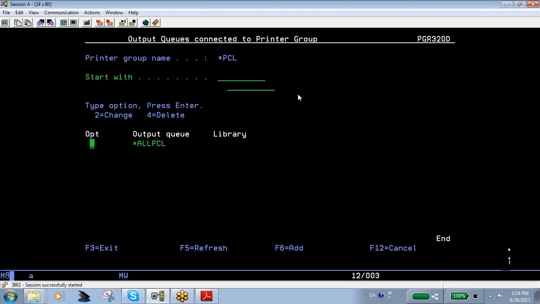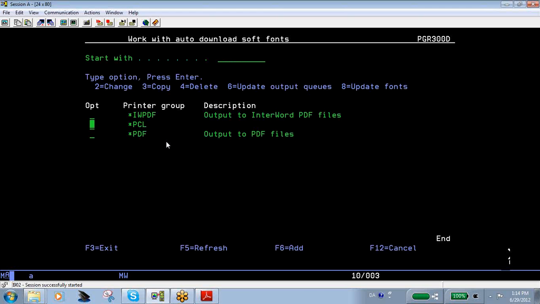So here, if you have an output queue called *all PCL, then you have set to InterForm this is active for all PCL output, and that's how InterForm will create this as default when you have created a barcode. So that would be the normal setup. But now we can add additional links between the font numbers and the TrueType fonts through option 8, update